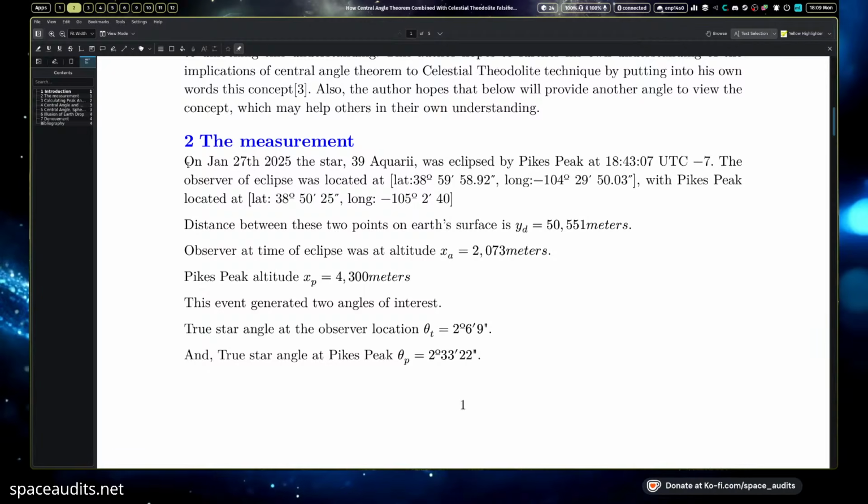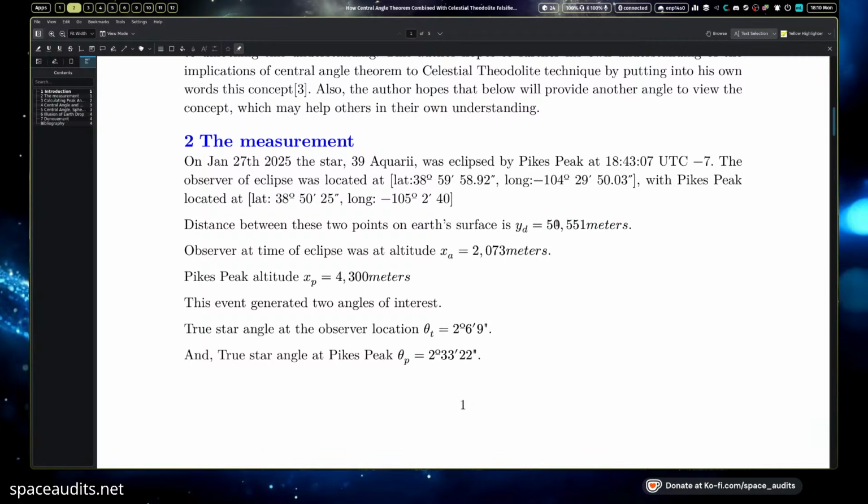The measurements. On January 27, 2025, the star 39 Aquarii was occluded by Pikes Peak at 18:43:07 UTC-7. The observer was located at these latitude-longitude coordinates, with Pikes Peak located at these latitude-longitude coordinates. The distance between those two points on Earth's surface is noted by y sub d, 50,000 meters, and of